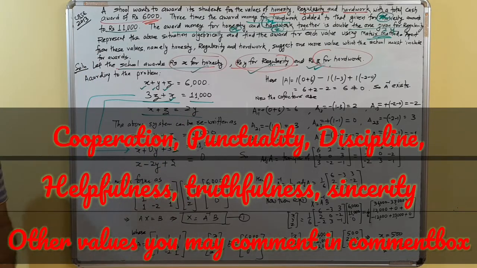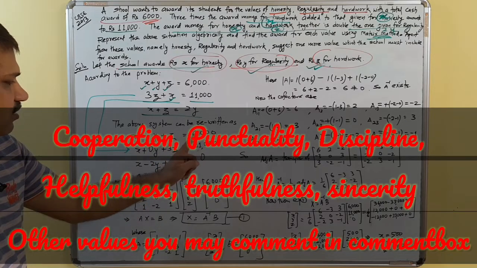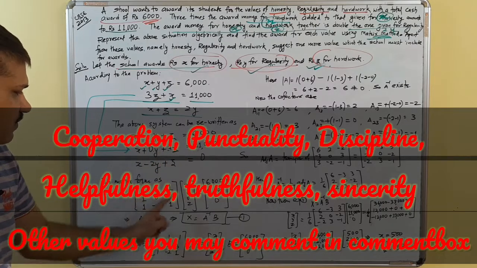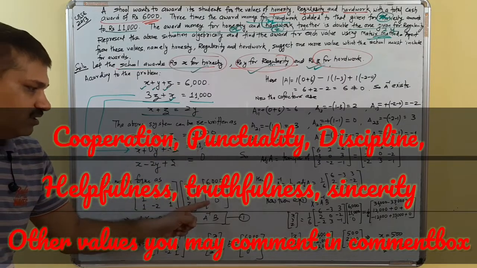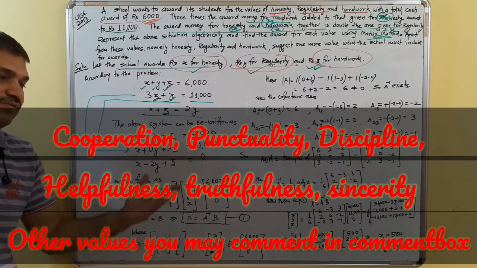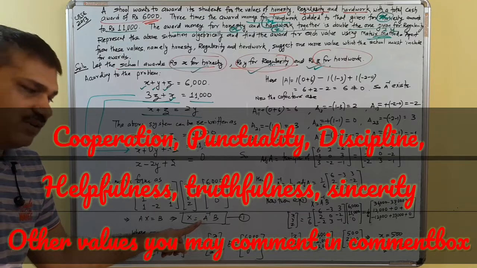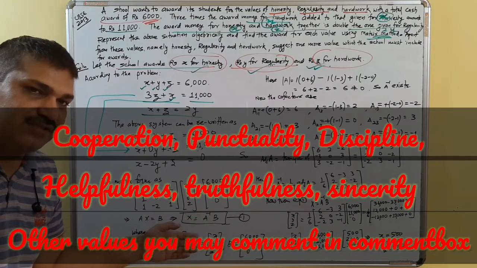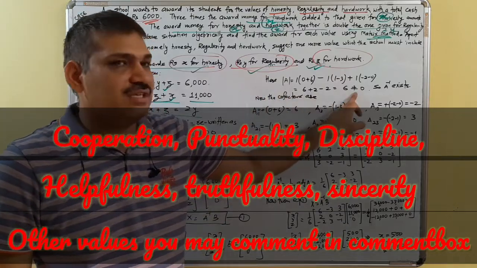Now as usual, we do the matrix form. This can be written as the matrix with rows 1, 1, 1; 1, 0, 3; 1, minus 2, 1, times X, Y, Z, equals 6,000, 11,000, 0. That is AX is equal to B, which gives X is equal to A inverse B. To find the solution, first of all we need A inverse, that is 1 upon determinant A times adjoint A. We find the determinant A, which should be non-zero. So this is how we find determinant A, that is non-zero, that is 6.